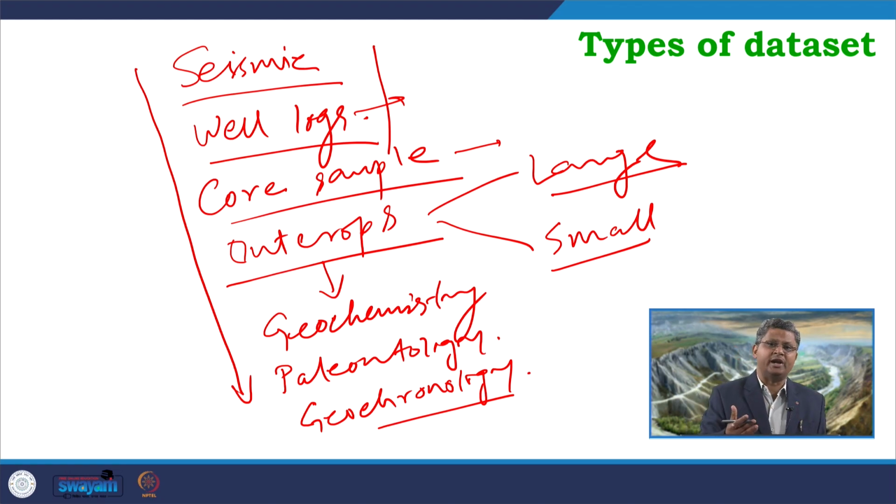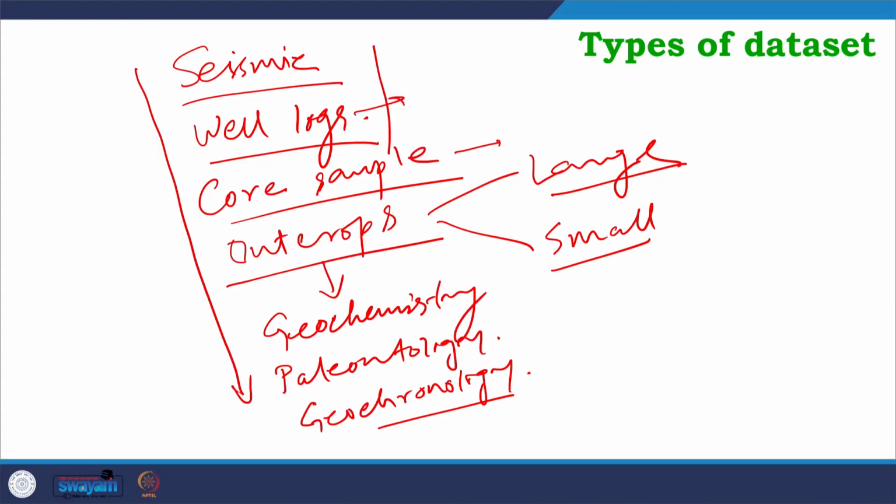So, it is always recommended that when we are trying to do sequence stratigraphic modeling, sequence stratigraphic work, we try to encompass as many data as possible from all these different sources. So, this includes geophysics, this includes geology itself, including sedimentology, it includes geochronology, paleontology, geochemistry, and it can go on. So, in this class, we will try to look into these individual data sources in terms of what kind of input we can get from these sources and what are the merits and demerits of these individual data sources.